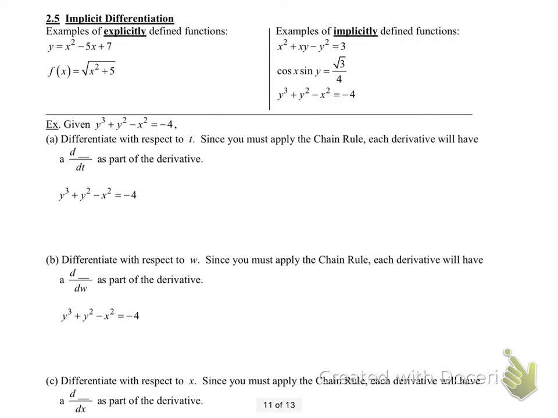Implicit differentiation. Examples of explicitly defined functions have y on one side and everything else on the other. Examples of implicitly defined functions have x and y all mixed up, and usually it's difficult to solve for y. Okay,